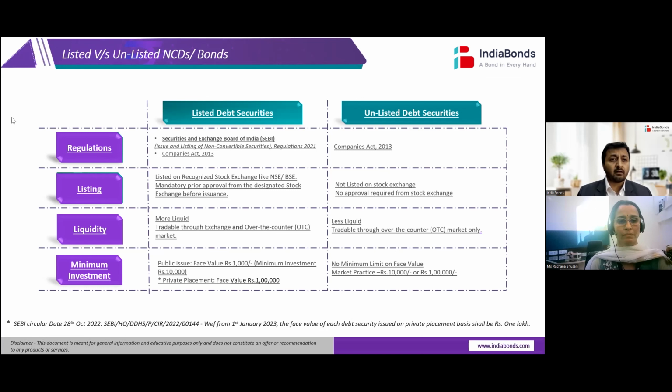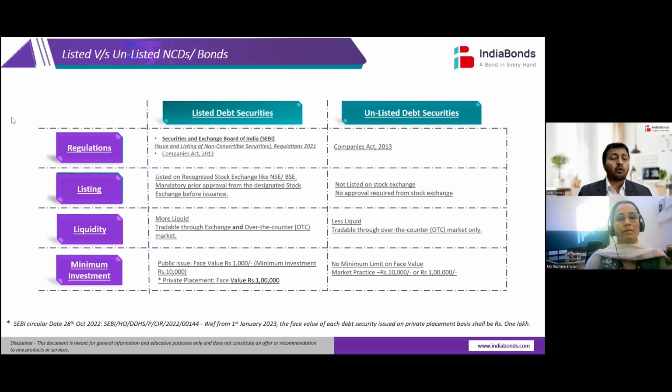Now, what is the benefit of this? Both are traded, so what is the difference? The difference is that because of the exchange, you get the chance for liquidity. Today, that is very important. A lot of you have raised this query: we will buy the bond, but if we want to sell, where will we go? So yes, your broker will help you, but eventually your bond should settle through the exchange. And that is where the exchange plays a very, very important role, wherein they provide liquidity to the bond.